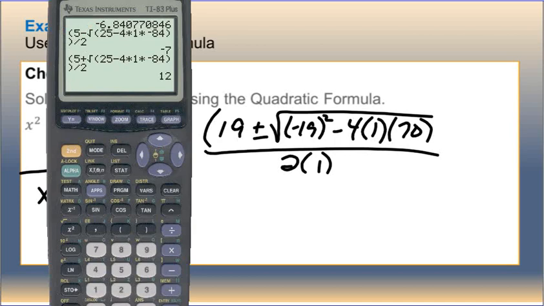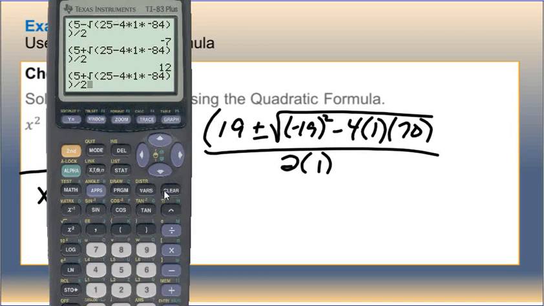Come back to my calculator here. I'm going to hit second, enter, and put everything back in here. So I have 19 plus square root of 19 squared. Now I always know that's going to be a positive because I'm squaring it. So that's why I'm just putting in 19, even though I know it's negative 19. 19 squared and negative 19 squared is going to give me the same answer. Then I have minus 4 times 1 times 70,